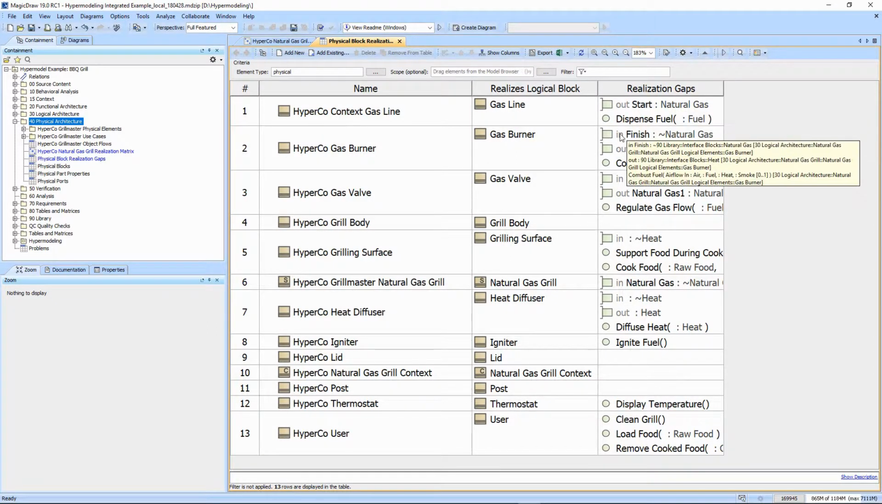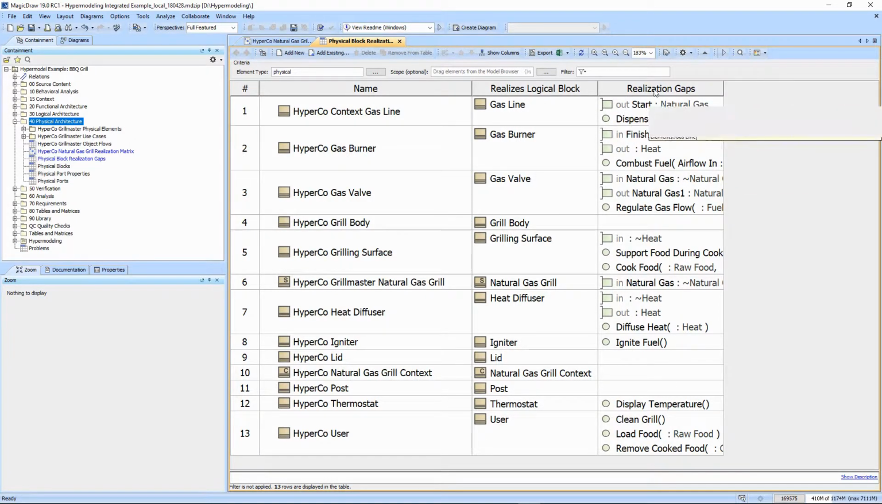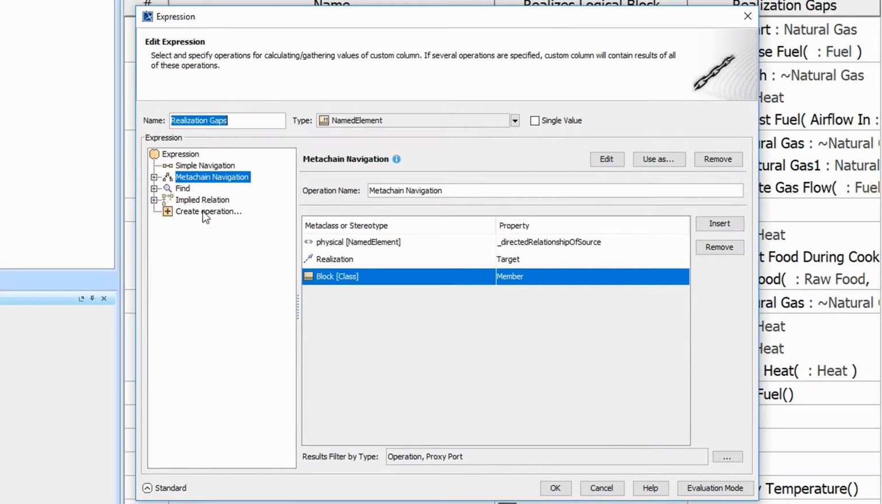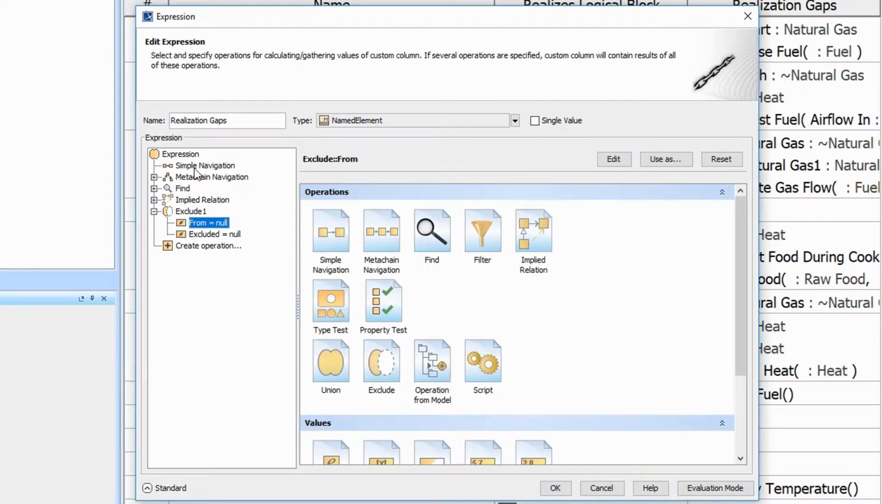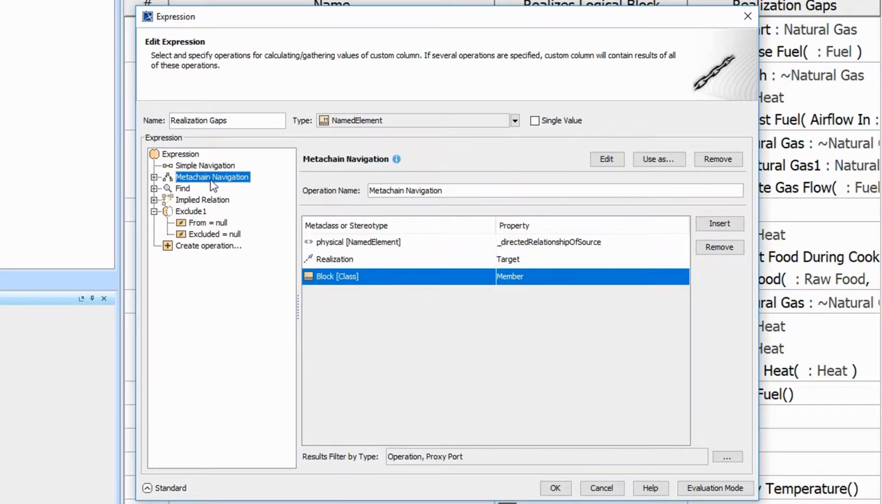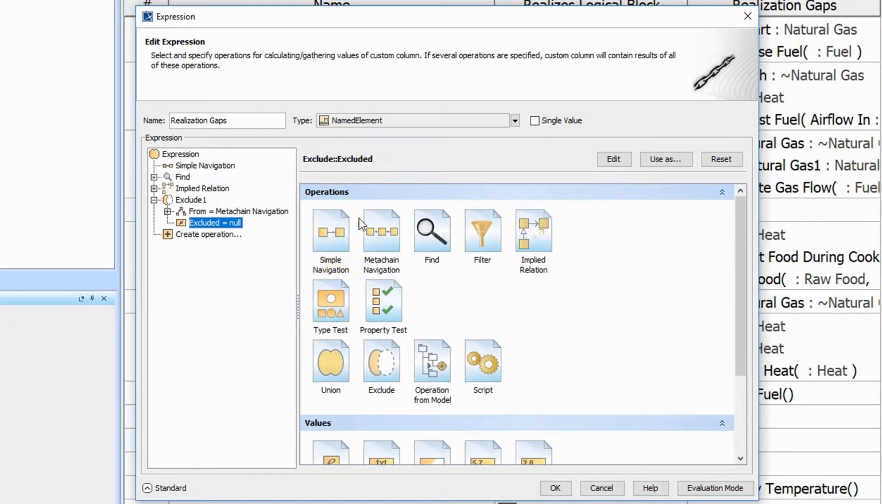We have to subtract out the things that we have that actually are pointing to those. So this is everything, and we need to subtract out the ones that we do realize to get the gap. So we're going to tweak this and make an exclude. The exclusion is going to be from this set, so we'll drag that on the from. And what are we excluding? Well, we're going to exclude